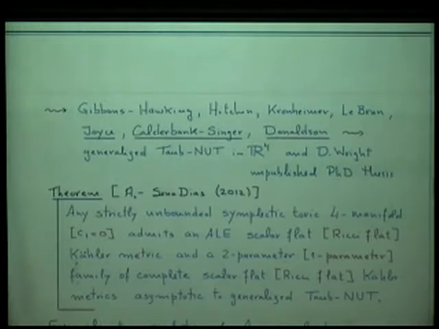I'll give you a bunch of examples where it does make sense, but what we prove is that a non-compact symplectic toric 4-manifold admits an asymptotically locally Euclidean scalar flat Kähler metric, and now this is the interesting piece, and a two-parameter family of complete scalar flat Kähler metrics asymptotic to generalized Taub-NUT. So that means what Donaldson did in R4 can be done for all toric 4-manifolds